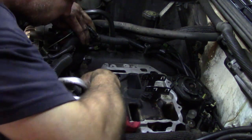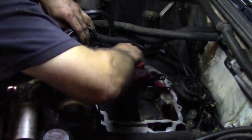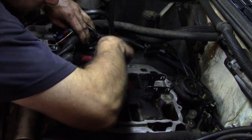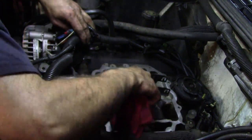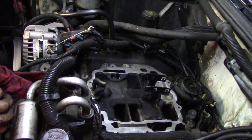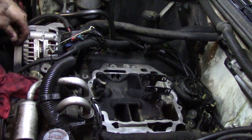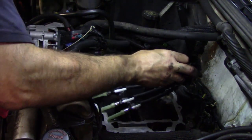We just buffed that and we're cleaning it off with brake clean and a rag because you want to have that clean surface so when we put the upper back on it'll seal. You should get a new gasket. It's like an O-ring type gasket. That way you don't have an upper intake leak because that'll be a pain. So we're going to see if we have one. If not, the old one does look okay. Hate to reuse it, but